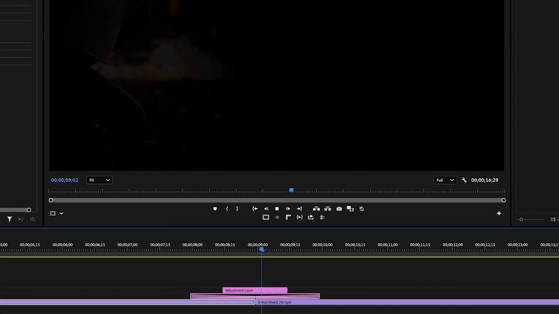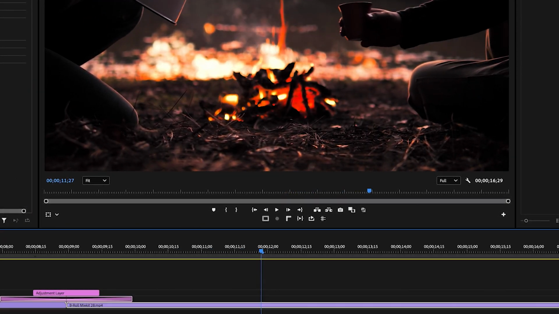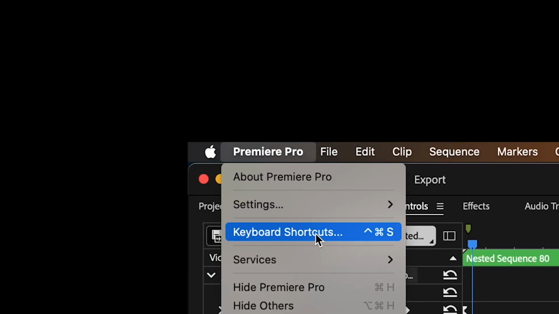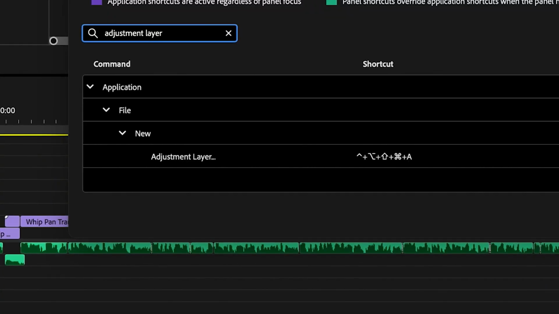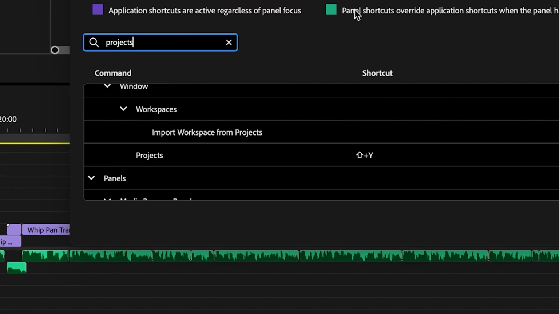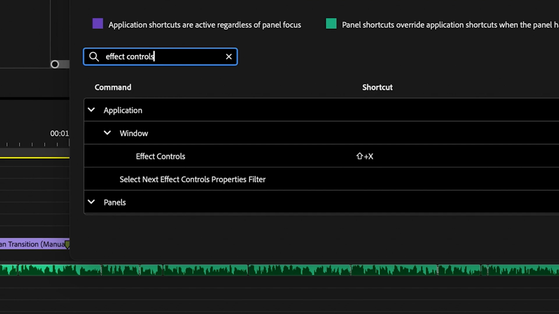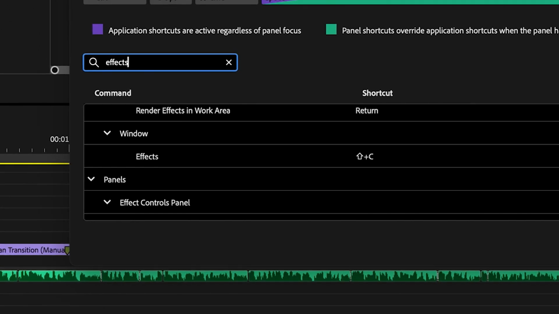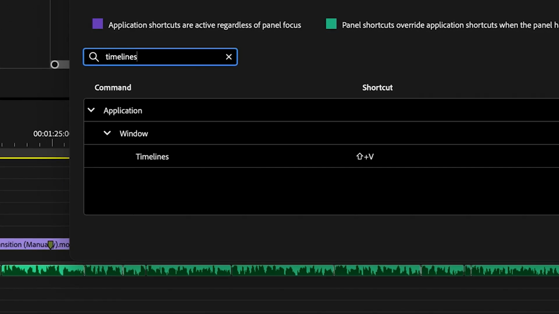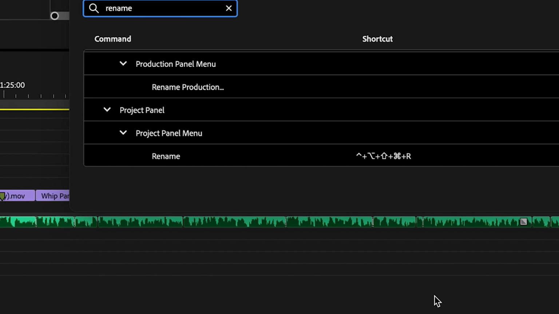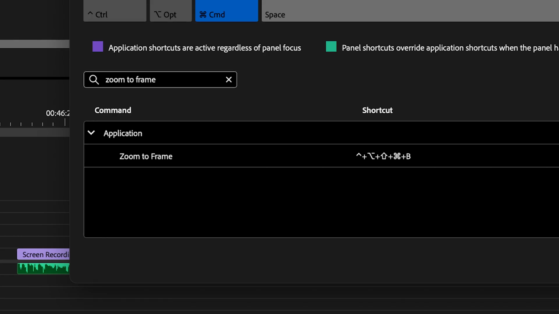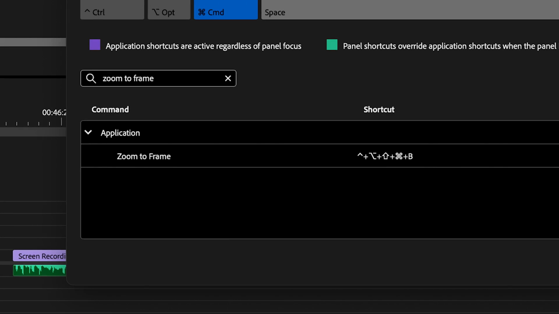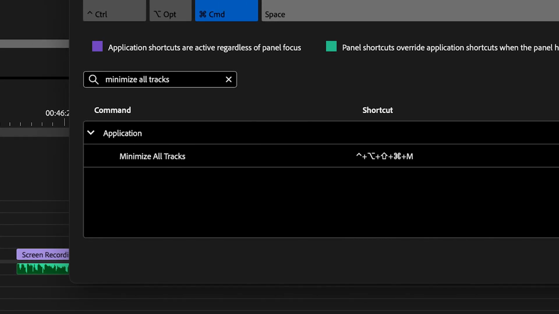If this is the first time you're watching one of my tutorials, please head over to the shortcut settings in Premiere Pro and make sure you have assigned the following shortcuts: adjustment layer, Command Option Control Shift plus A, projects, Shift plus Y, effect controls, Shift plus X, effects, Shift plus C, timelines, Shift plus V, rename under project panel, Command Option Control Shift plus R, zoom to frame, Command Option Control Shift plus B, minimize all tracks, Command Option